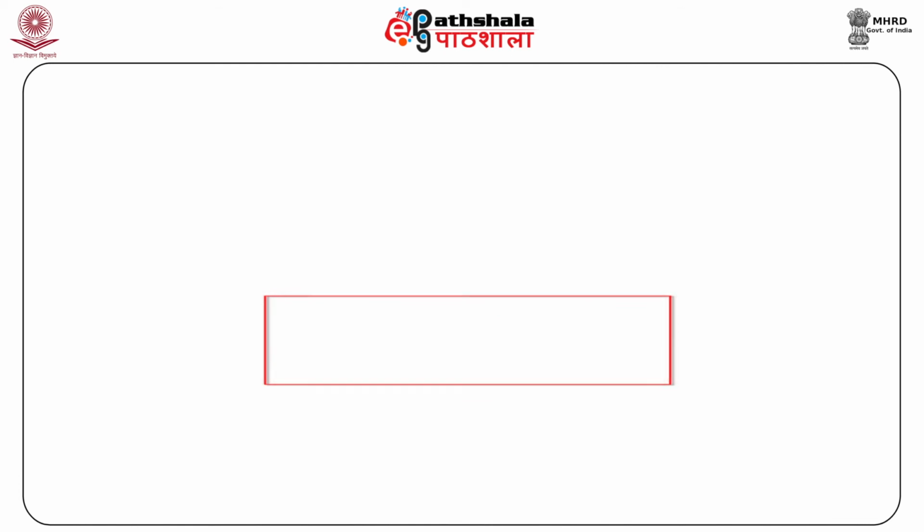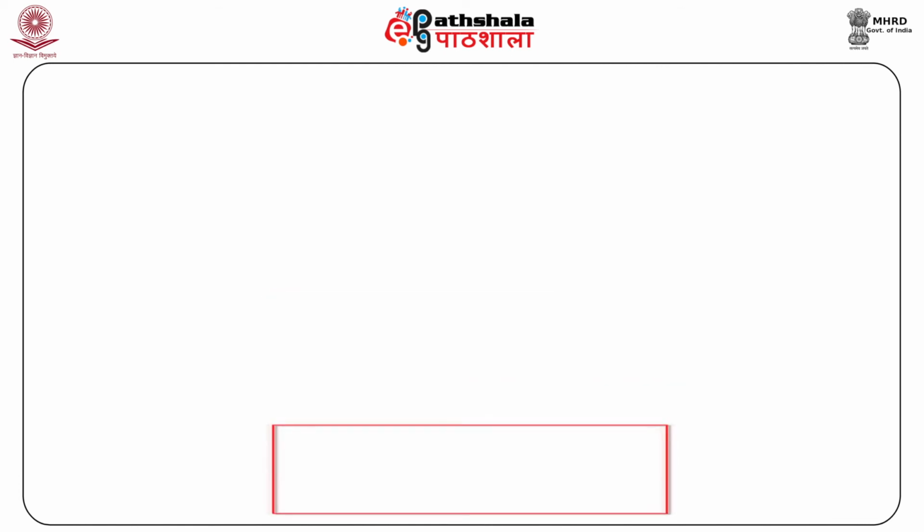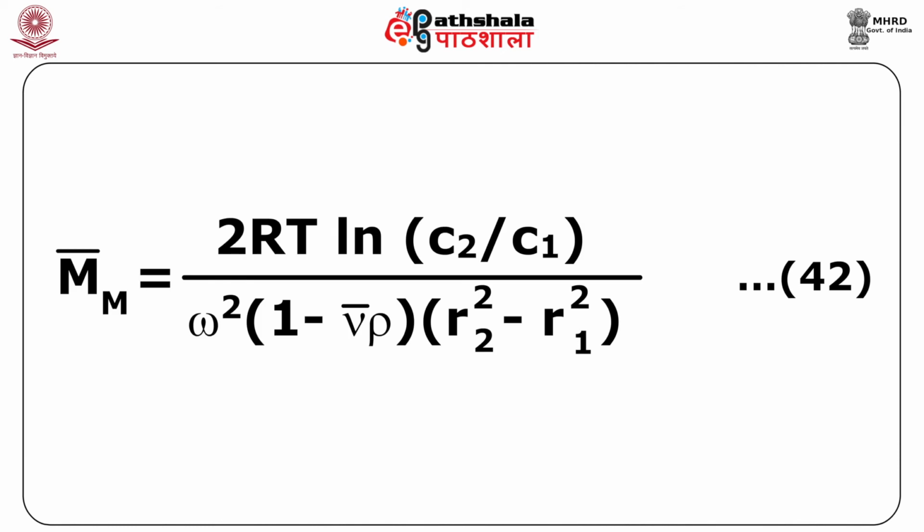Integrating this, we get equation 40, or ln(C2/C1) equals M bar ω² times (1 − V bar ρ) by RT into (R2² − R1²), as shown in equation 41, which can be rearranged to give M bar equals 2RT ln(C2/C1) divided by ω² (1 − V bar ρ)(R2² − R1²), as shown in equation 42, where ω is the angular velocity